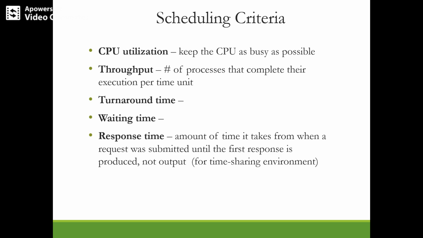And so these are the important criteria for CPU scheduling. And there are also other criteria like fairness. Fairness means it can avoid processes from starvation. That means all processes have to be given an equal chance to execute. So there comes your fairness. That also has to be followed in any scheduling algorithm.